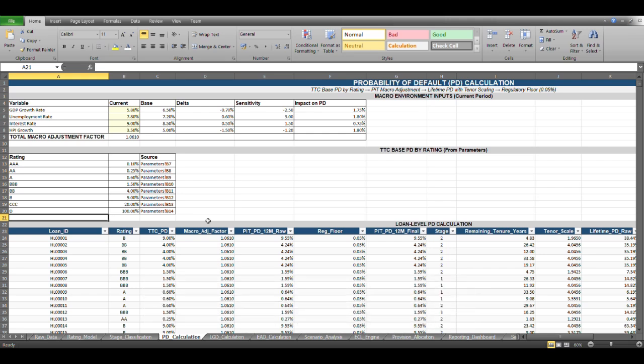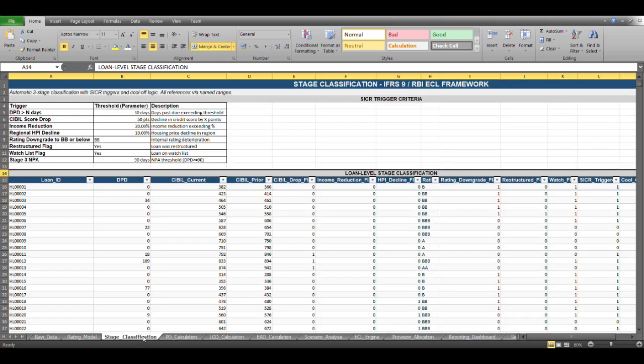The idea of this video is to give you a holistic view of the ECL engine, how it looks, and what steps one can take. The methodology can vary. This is just one part of the methodology that I have considered over here. Some nitty gritties can vary with respect to the client, and that can be taken care of while you work. But this does take a lot of time. This is not a day or two work. I hope that you get a working sense of the ECL.